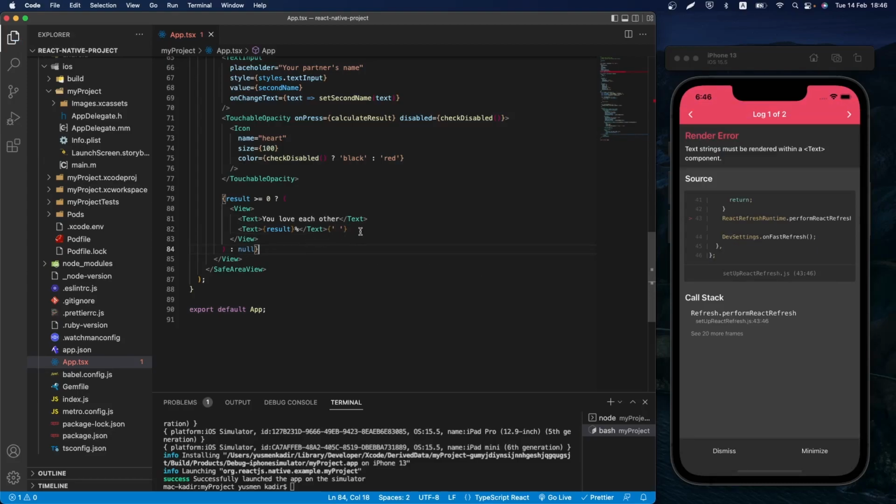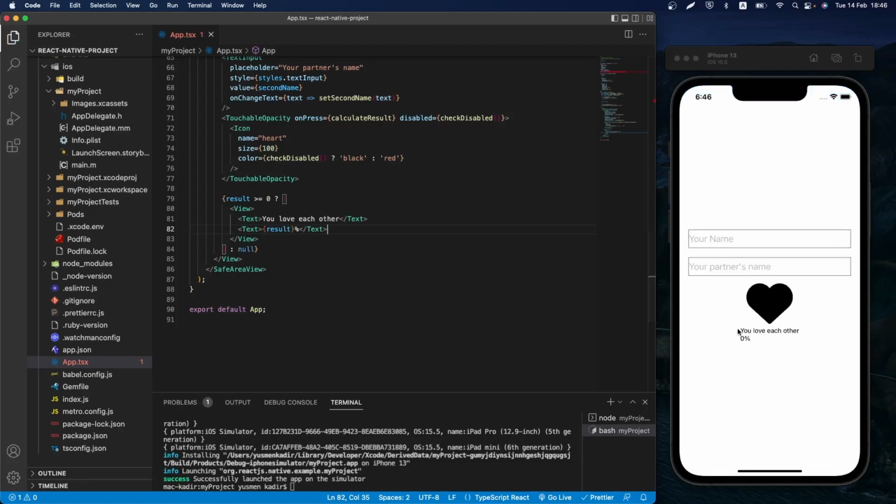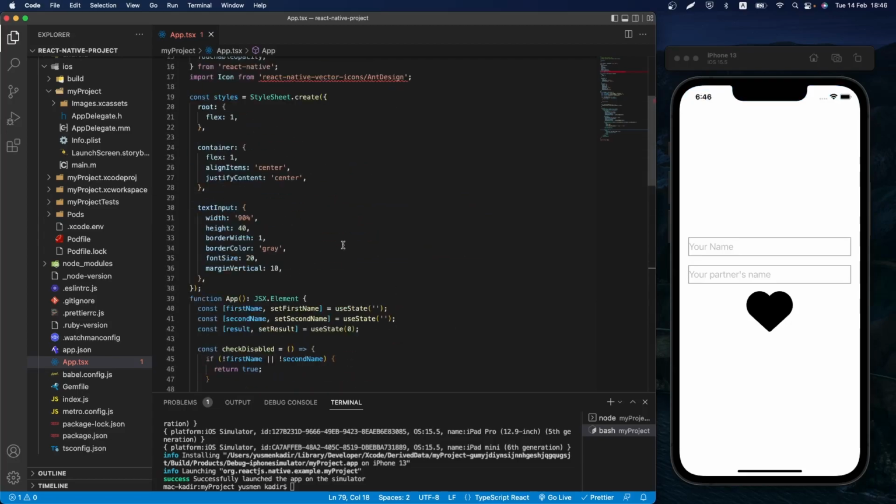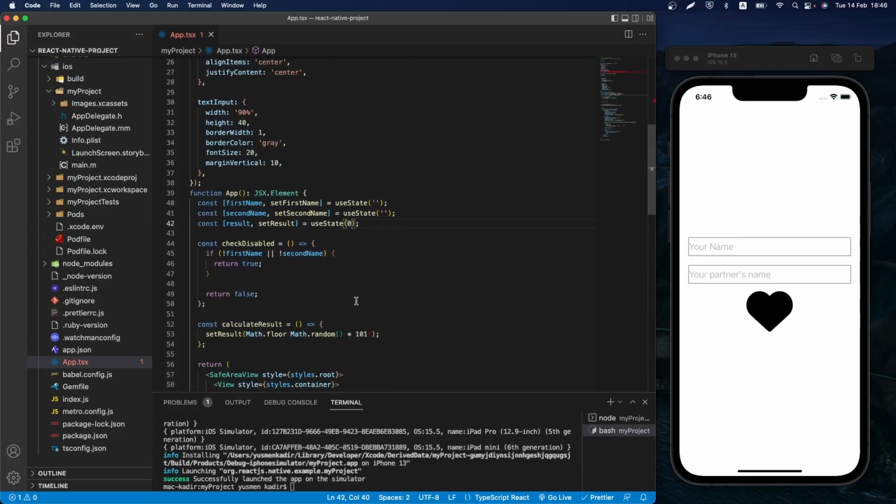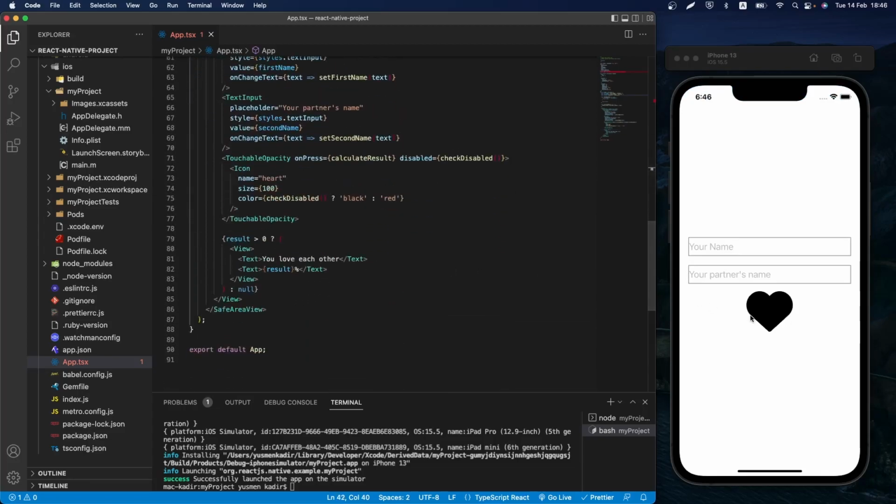text things must be rendered within text. So what's the issue right here? Okay, now you can see, actually it has to be greater than, because we initially give it a value of 0. So now it's